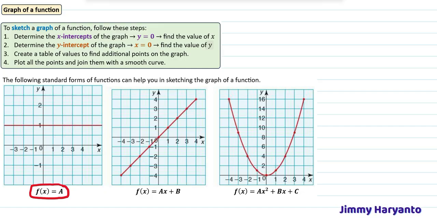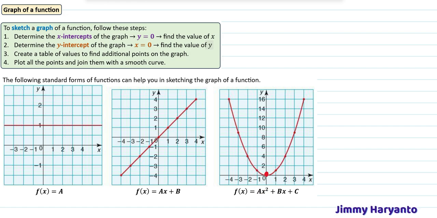The shapes of f(x) equals a number, only a number without x. So it will be a horizontal line, depending on the number. For this one, the function will be f(x) equals 1 because it is attached to y equals 1. And then for this one, ax plus b, we have x to the power of 1. That means the shape of the graph will be a straight line. The straight line can be like this or like that, depending on the value of a and also b. And then for the next one, it's a parabola. This one is called a parabola. It can open up like that or open down, depending on the value of a.